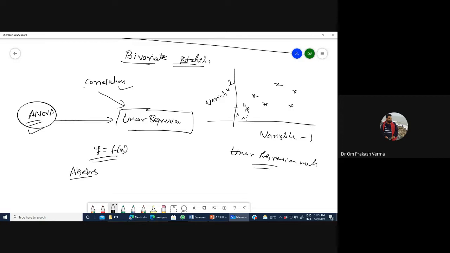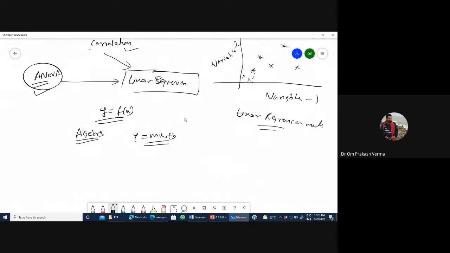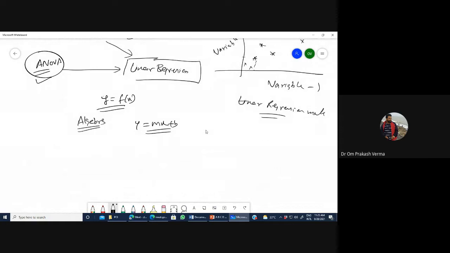Before that, you have to review some algebra, that you know y equals mx plus b is a straight line, where m is the slope and b is the y intercept. Yes or no? Yes. x is the random variable. m is the slope. b is the y intercept.